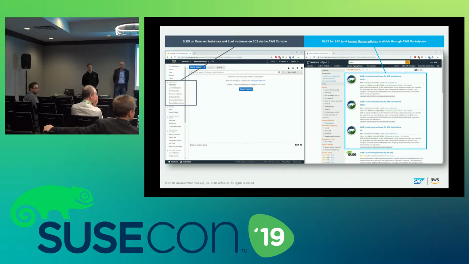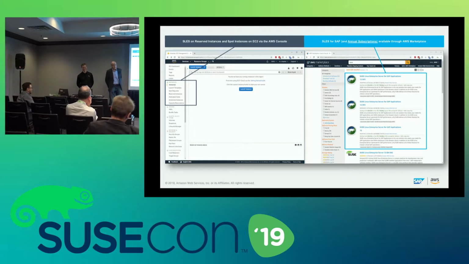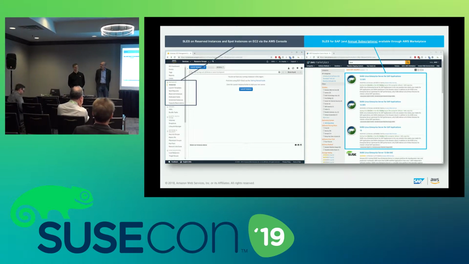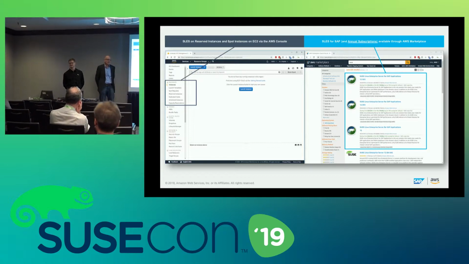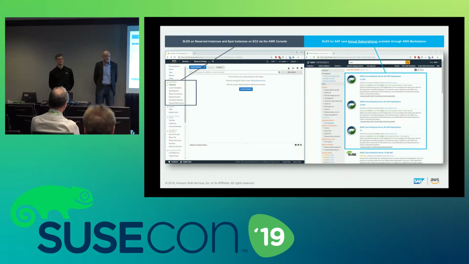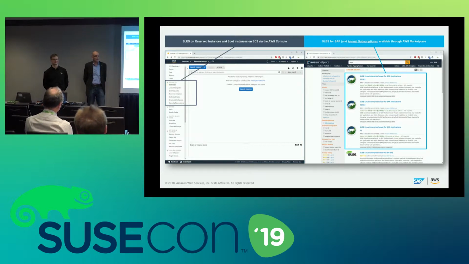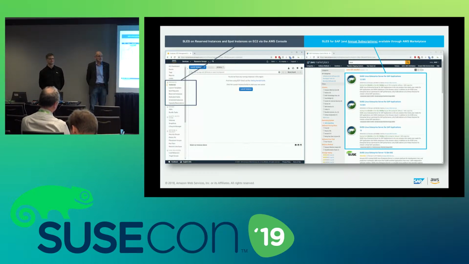Well, what is a reserved instance? Well, normally you pay for instances by the hour, or do we pay them by the minute? By the second. And paying them by the second is like taking a cab. If you know that you need an instance for a year or for 3 years, you can make a commitment to have this instance for a year or 3 years, and then you get a discount of up to 60%, because we know that you're going to use this resource for the next 3 years. This gives us a better planning horizon. You are going to use it, so we are going to pass a discount of 50 to 60, 65% to you.